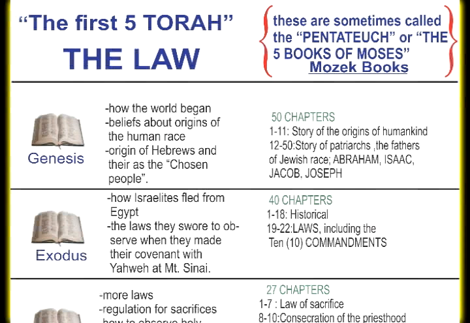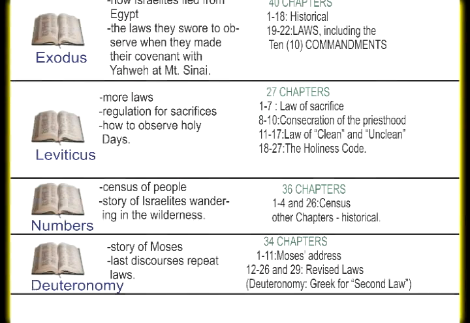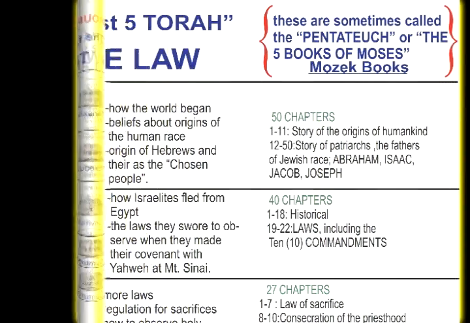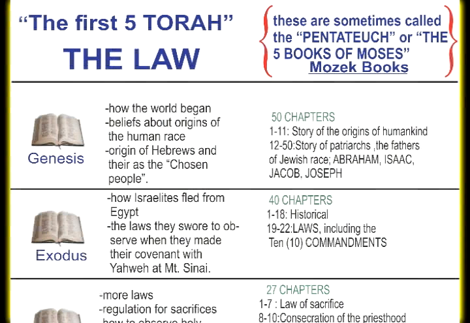The Bible begins from Genesis. Then there's Exodus, then Leviticus, then Numbers, and then Deuteronomy. These are the first 5 books of the Old Testament, and they can be described as the Torah. If you don't feel like calling them Torah, you can call them the books of law, or the Pentateuch, or the 5 books of Moses, or the Mosaic books. These 5 books were written by Moses.